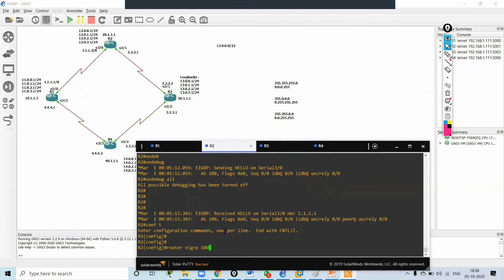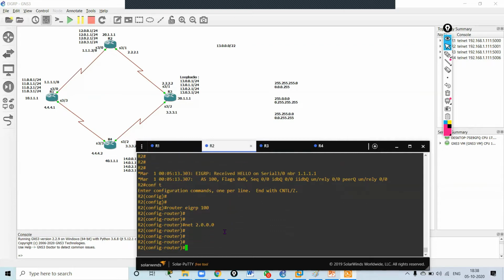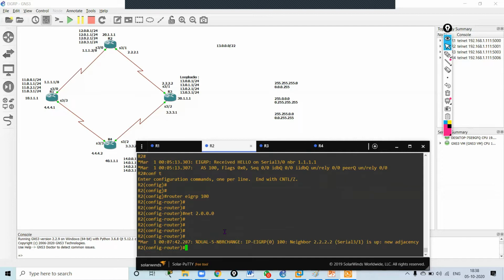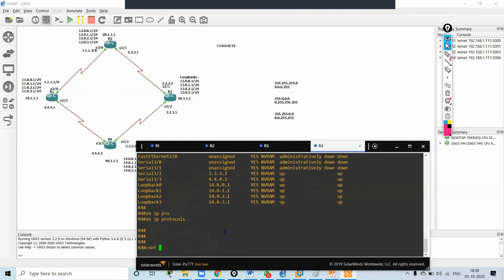I need to advertise the 2.network because I have not advertised the 2.network on R2. Okay, so it will form a neighborship. The neighborship will come up with R3 over here. Then I have on R4,